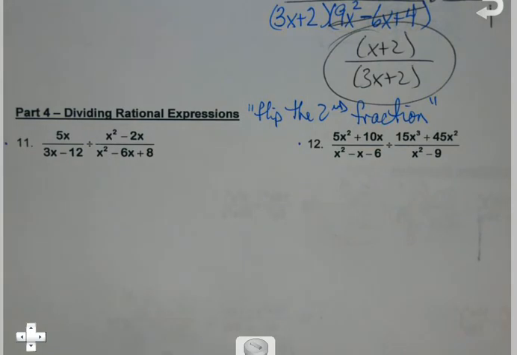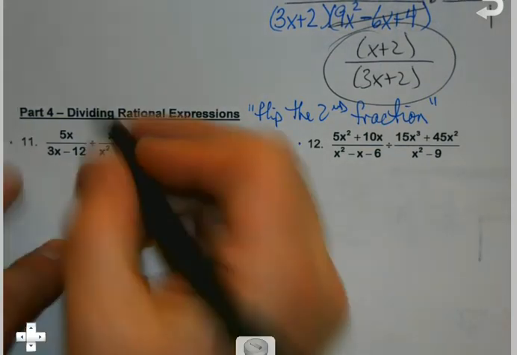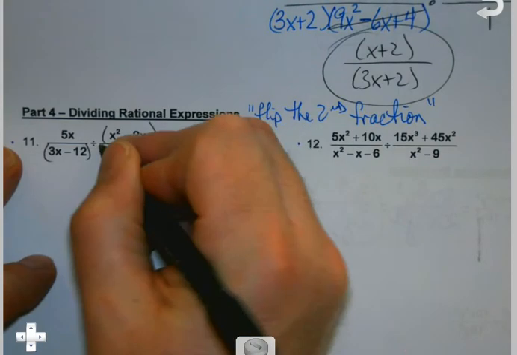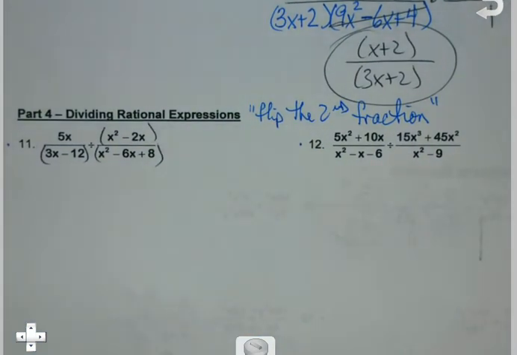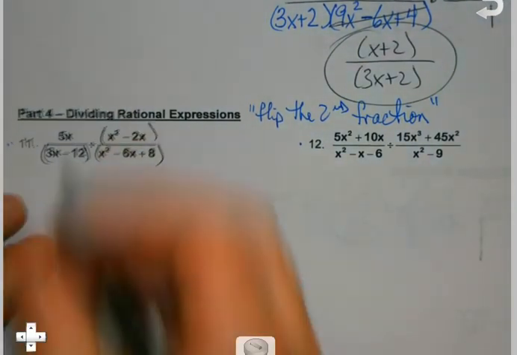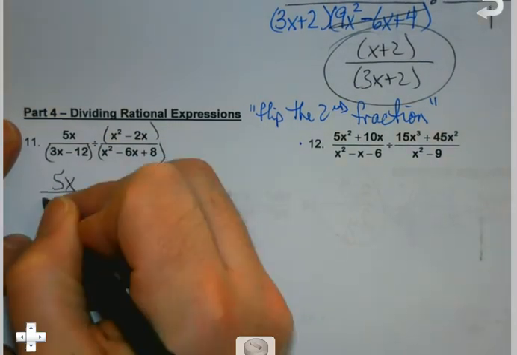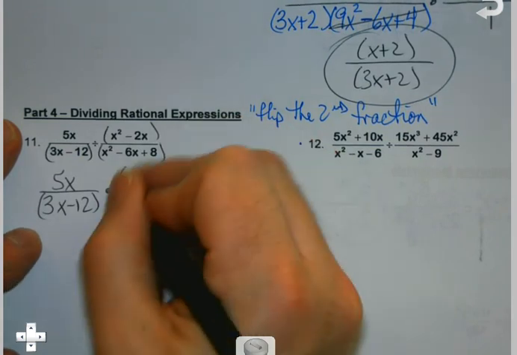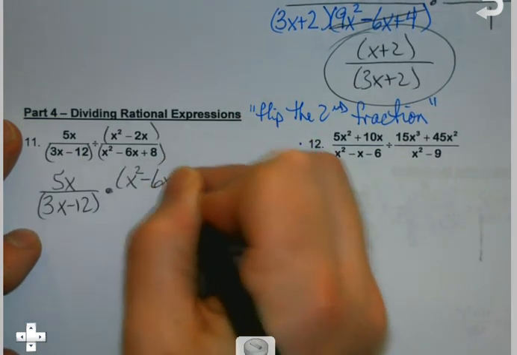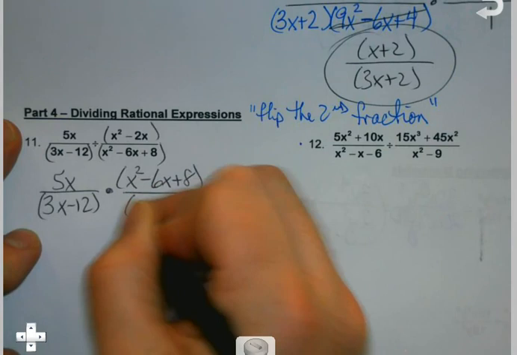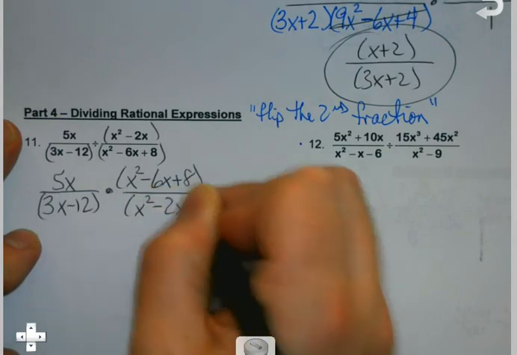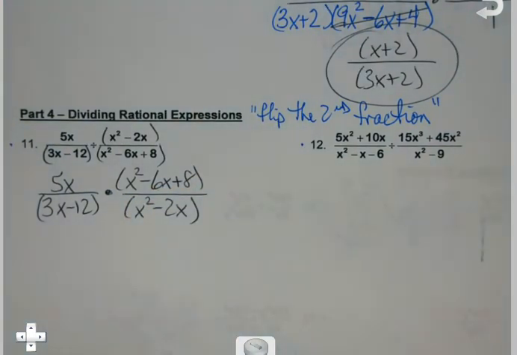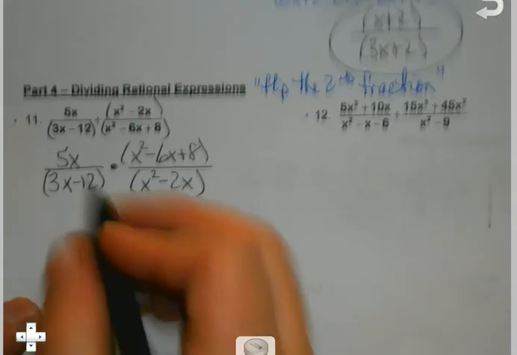So when I'm doing these, after I put my parentheses in, of course, if you need to actually rewrite this, and I'm going to on this first one so I don't forget, I leave the first fraction alone, and when I flip the second fraction, it goes from division to multiplication, because we're multiplying by the reciprocal. So now it turns into just like what we've been doing in part 3. If you get to a point that you can remember that and not have to rewrite it and flip it, that's fine. But otherwise,